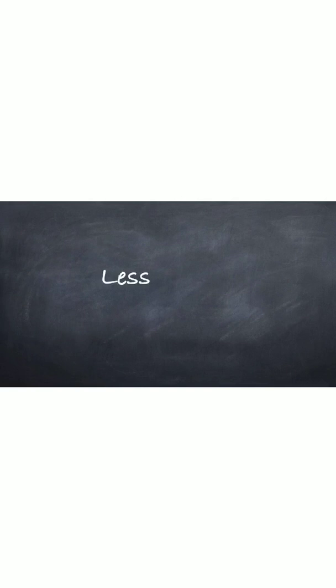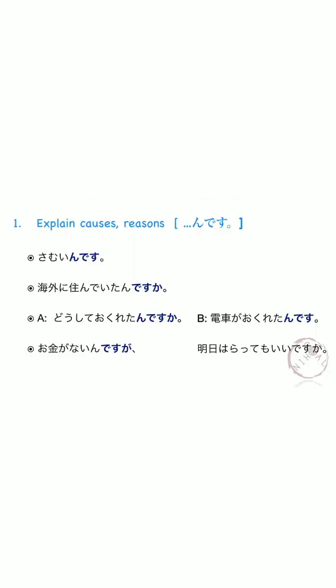皆さん、こんにちは。ローズです。元気ですか？このビデオでは27番の文法を紹介します。でも、その前に26番のレッスンを復習しましょう。Explaining causes, reasons, using んです。For example, 寒いんです。海外に住んでいたんですか？どうして遅れたんですか？電車が遅れたんです。お金がないんですが、明日払ってもいいですか？